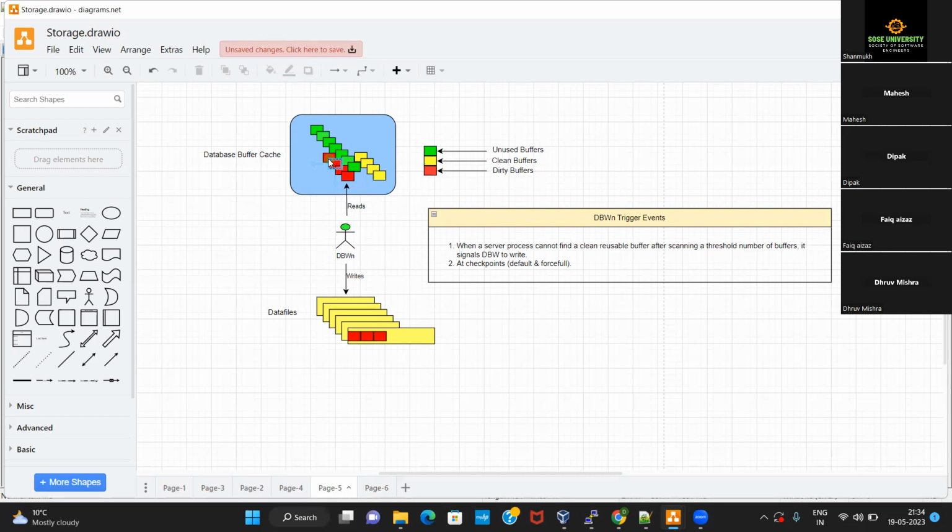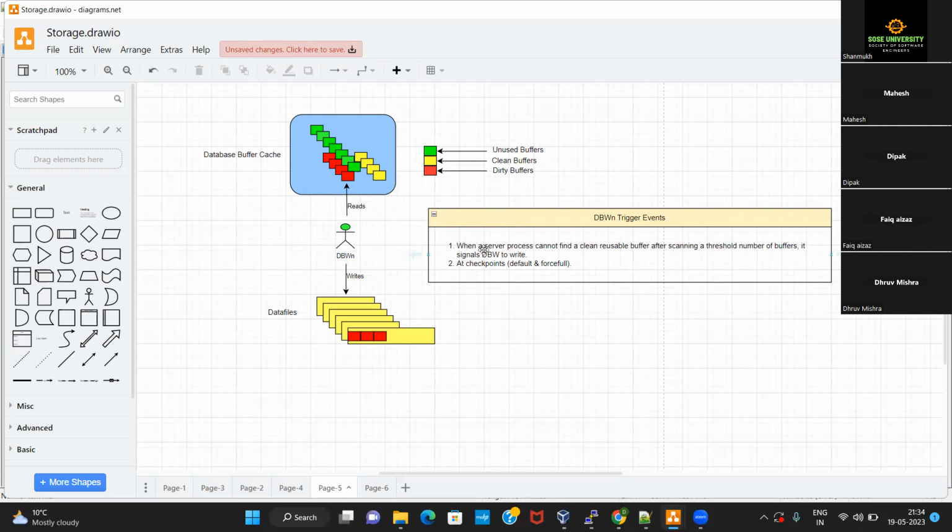If there are no free buffers present inside the buffer cache, how does Oracle make some space for bringing in new data inside the buffer cache? It has to write the dirty buffers into the data files. So that is the event at which the DBWR process will get triggered.